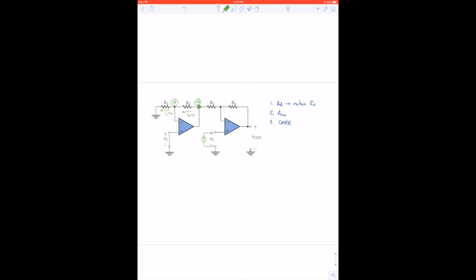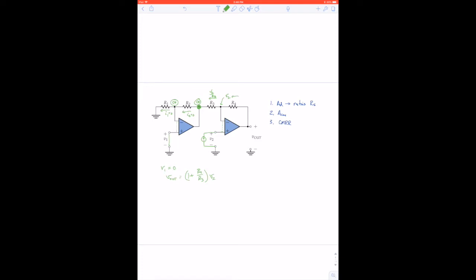If you didn't see that, you can take advantage of the virtual short and see that this right here is the same potential as V2, and so the current flowing here should be V2 over R3, and then once you have that current, you also have the voltage drop across R4, and you can find V out. And under this situation, when V1 is equal to 0, V out will be equal to 1 plus R4 over R3 times